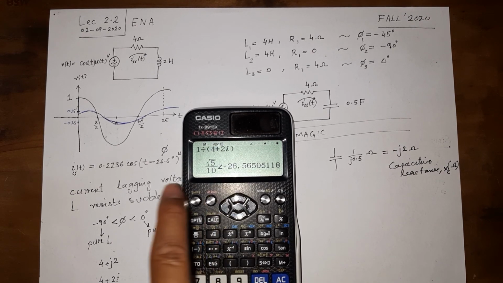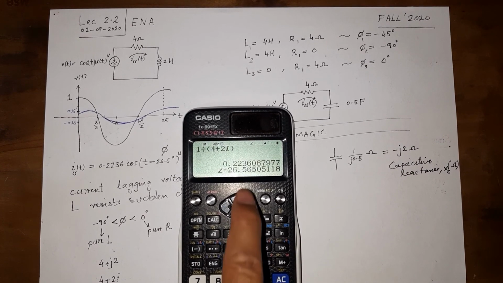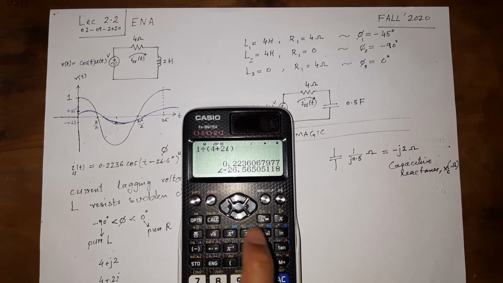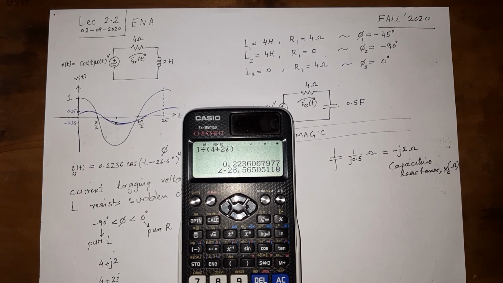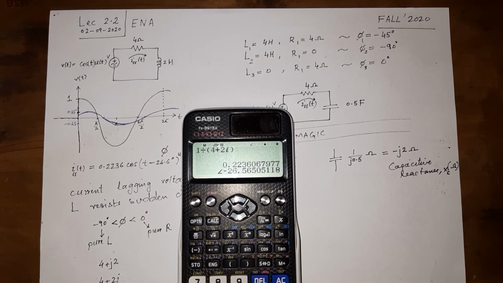So the angle in degrees now, and this is okay. So this is not in the rectangular form, sorry, it is still in the polar form, but in the decimal form. This is in the simplified expression. How to get the rectangular form? I think there must be some shortcut for that, and I believe you can figure that out on your own, because going all the way and going to set the output mode would take up a lot of time.